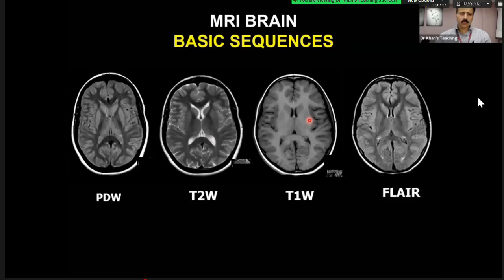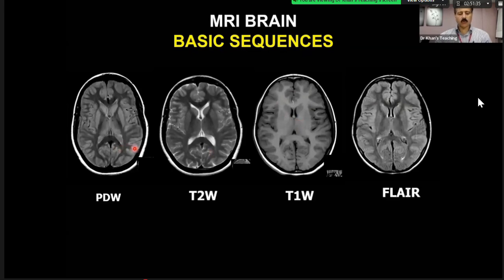The basic sequence is easy because now T1 and FLAIR, first thing, what is common? The common thing is that on both of them, the CSF is dark, and that is why they are confused. So the rule is, once you see the CSF dark, which is like water, like on a CT scan, look at the white matter, and you will see that on a T1 weighted sequence, the white matter is white, but on a FLAIR, it is dark. So white matter is white on a T1, that's the take-home point.